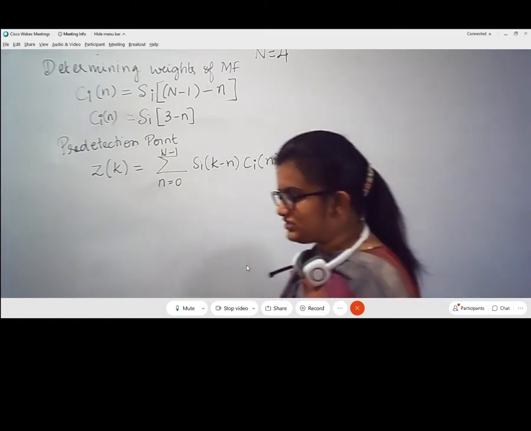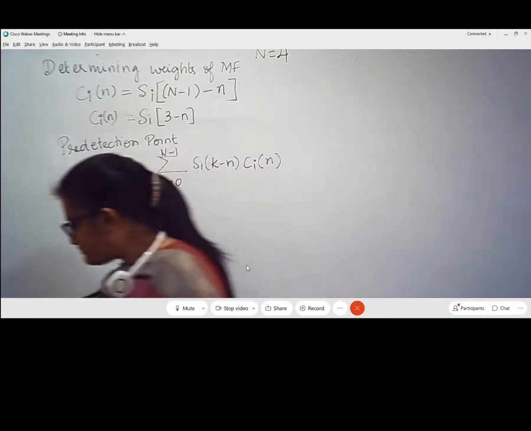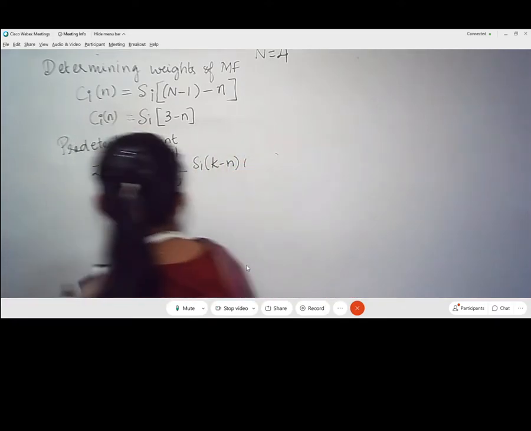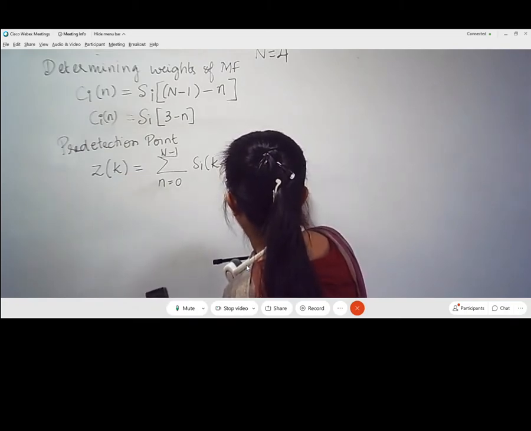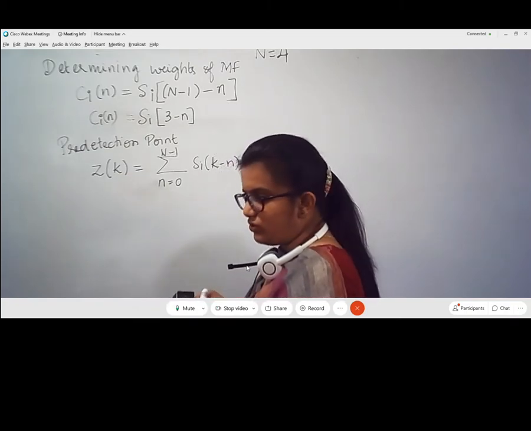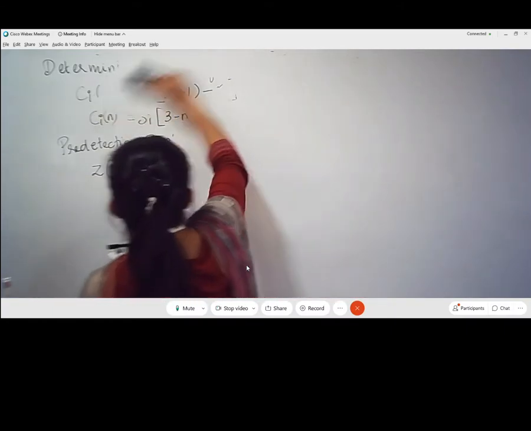Now we will go on stepwise and try to understand how this actually works. So please note down these expressions, these are important. Whenever I draw the diagram, I am going to explain it with respect to the diagram. So these equations are necessary to understand the diagram.